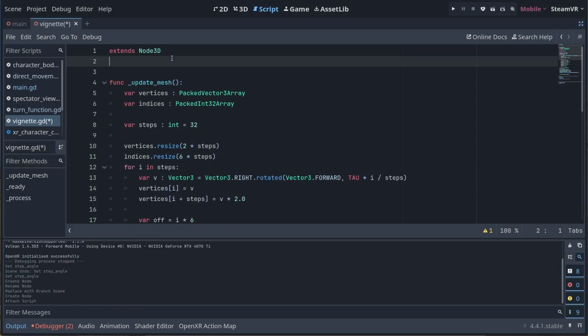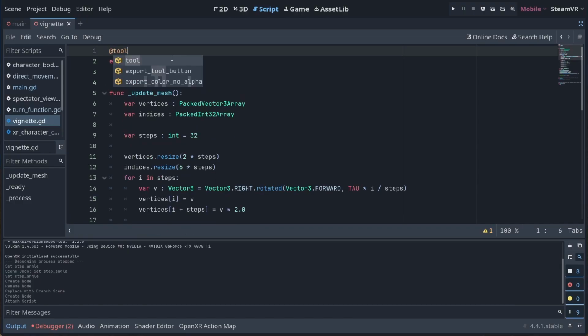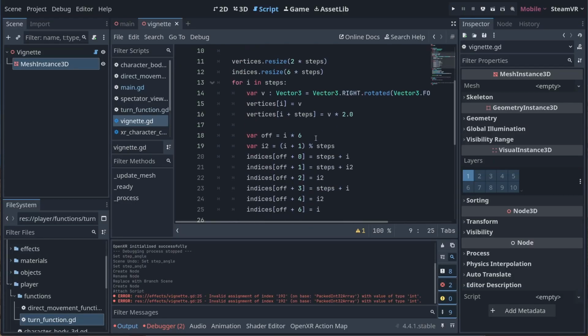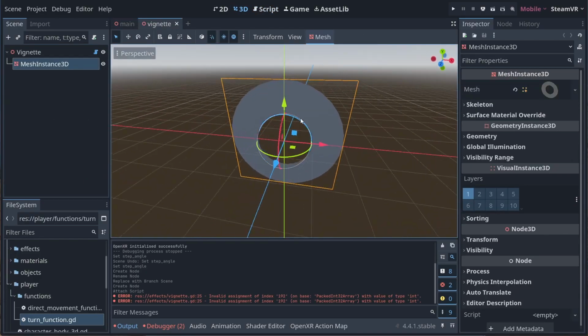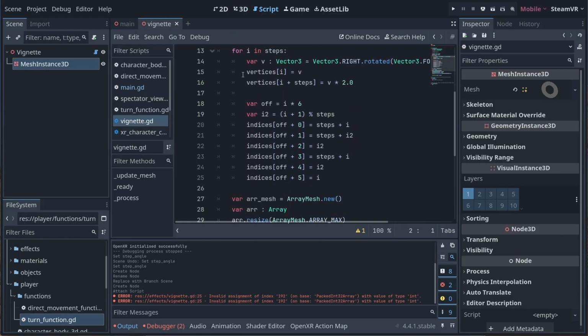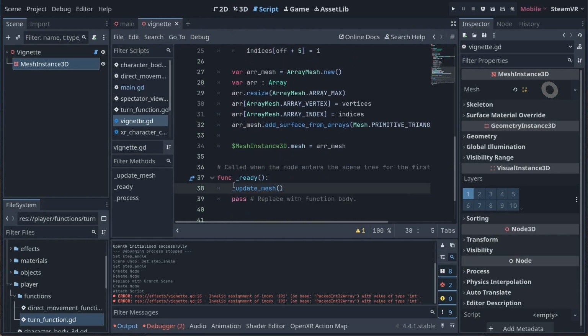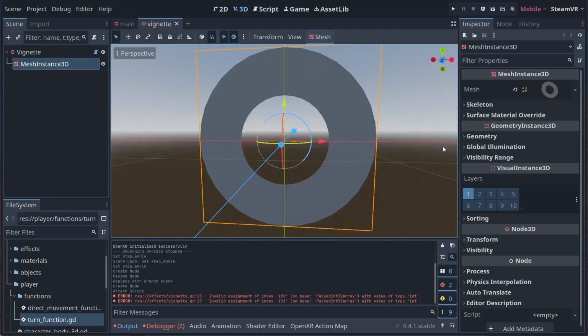We change this to a tool script so our mesh creation code will run in our editor, and we fix our typo. When we reopen our scene, we can see we've created a circle with a hole in it. Our mesh is saved with our scene, so we can comment out the code in our ready function. We keep it in case we want to modify it later.